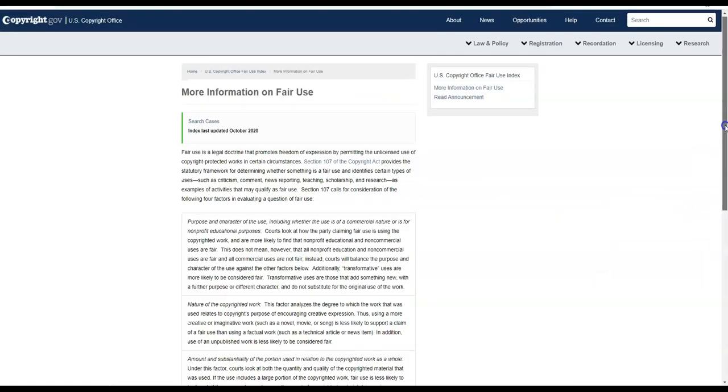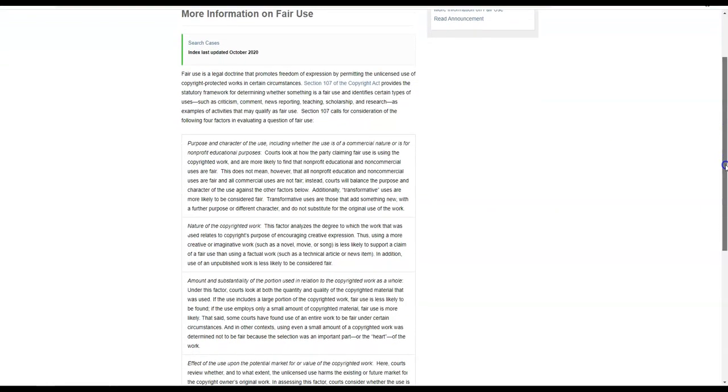Okay, so here you can see they break down these four categories that they'll be looking at. The purpose and character of the use. So they look at whether this is being used commercially or it's for nonprofit and educational purposes. That's a big one. What is the purpose of this? What are you using it for? The second one is, what is the nature of the copyrighted work? To what degree is this creative expression, like a movie or a song, in terms of what is the creativity